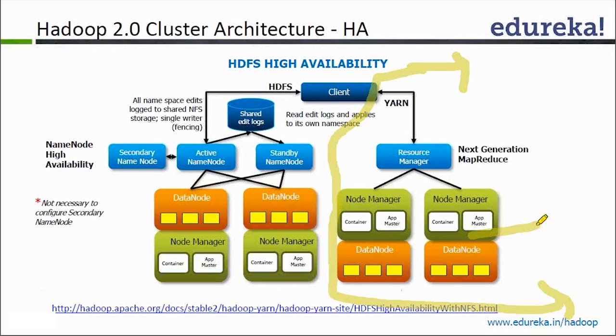Right? So that's how the resource manager and the application master work. The life cycle of the application will be managed by the application master. Negotiation about the resources, how many CPUs you want, how much memory you want, all of that is going to be negotiated with the resource manager. The resource manager has visibility about all the available resources inside the cluster, so it uses that to decide whether it can allocate a certain amount of memory or CPU inside the Hadoop